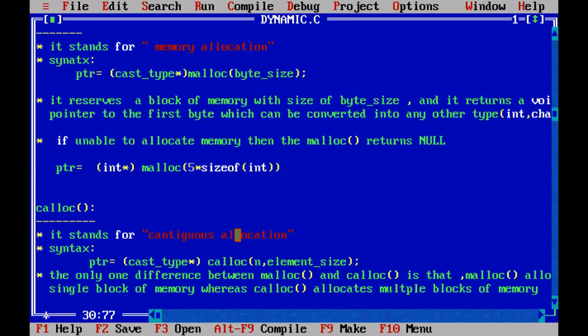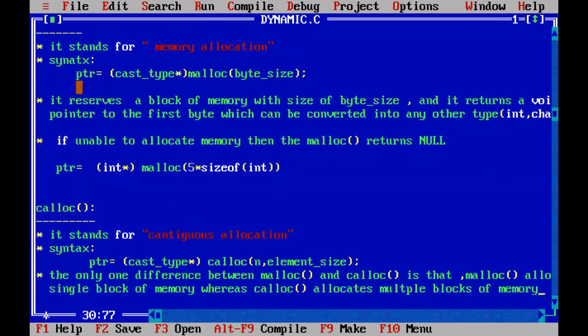Contiguous means one after the other. That means multiple blocks. For the first element, one block, and immediately, continuously next to it, one more block. So if the number of elements is five, five contiguous blocks of memory are allocated in the case of calloc.